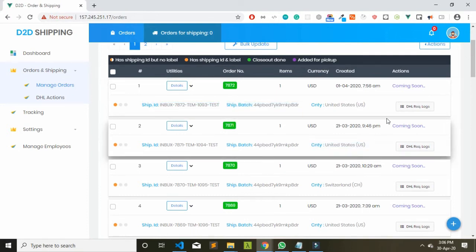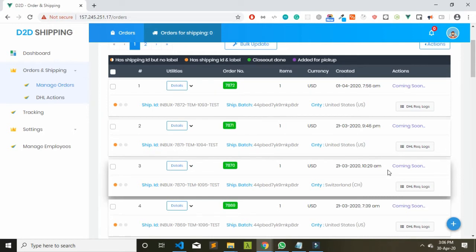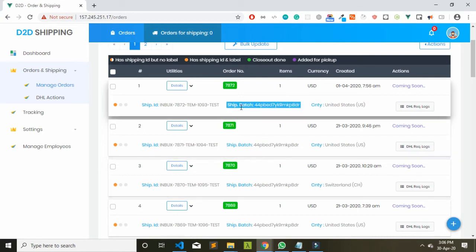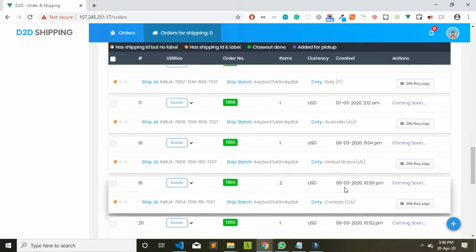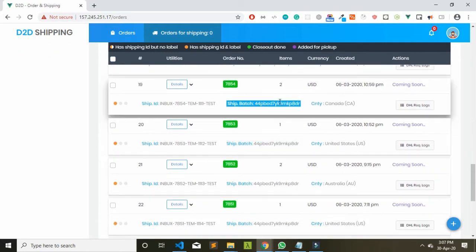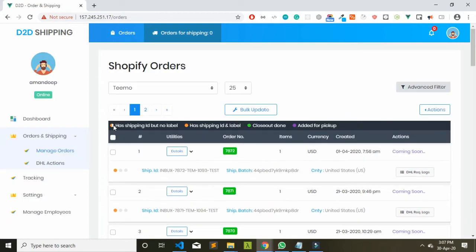Basically, if you have sent a group of orders together in a shipping request, I have kept it in a shipping batch to identify it. So all these 25 records are from the same batch. You can see that the batch number is the same. You will notice that these are the indicators which specify something.